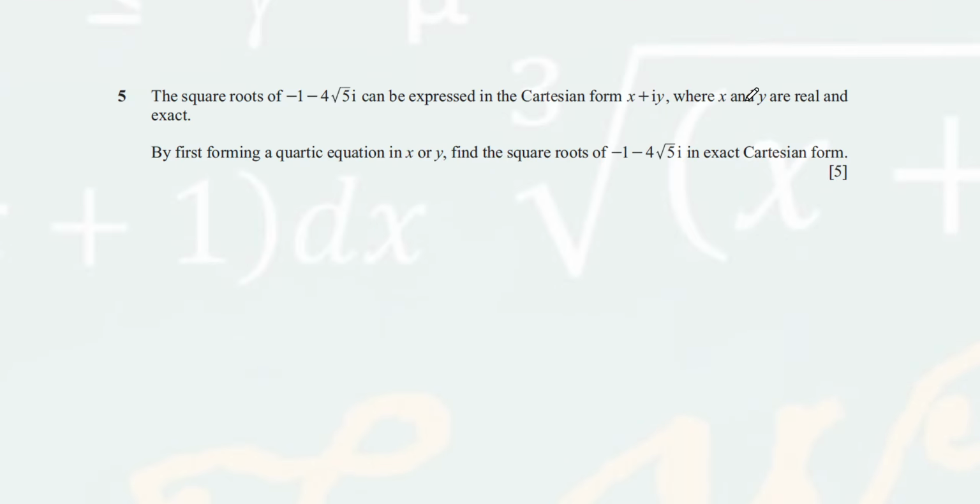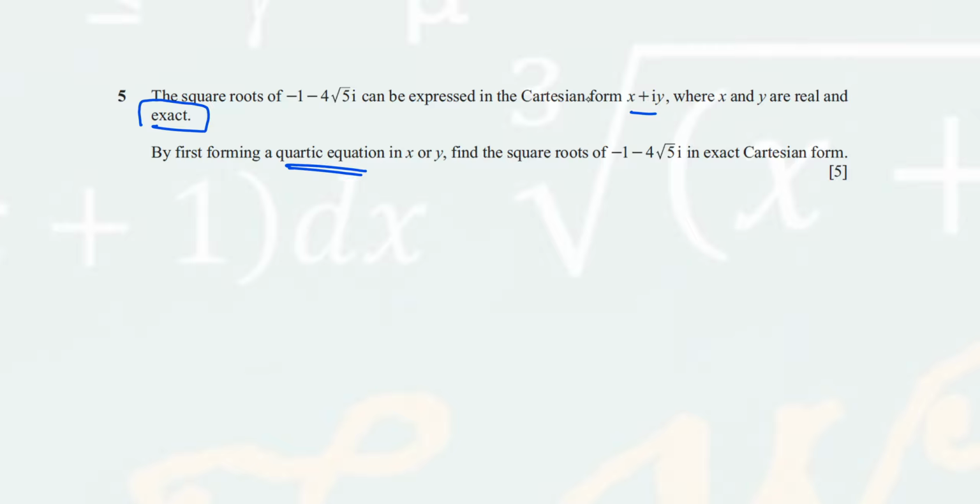Okay, let's move on to the next question, number 5. The square roots of -1 minus 4 root 5i can be expressed in Cartesian form x plus iy, where x and y are real and exact. Exact means no decimal. By first forming a quadratic equation in x or y, quadratic means the equation with